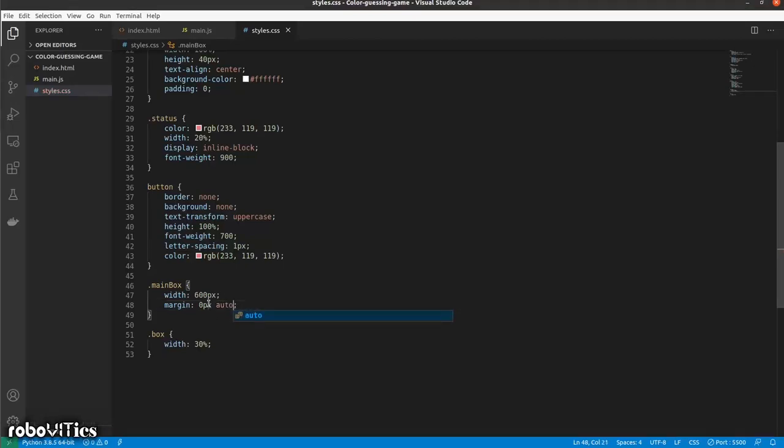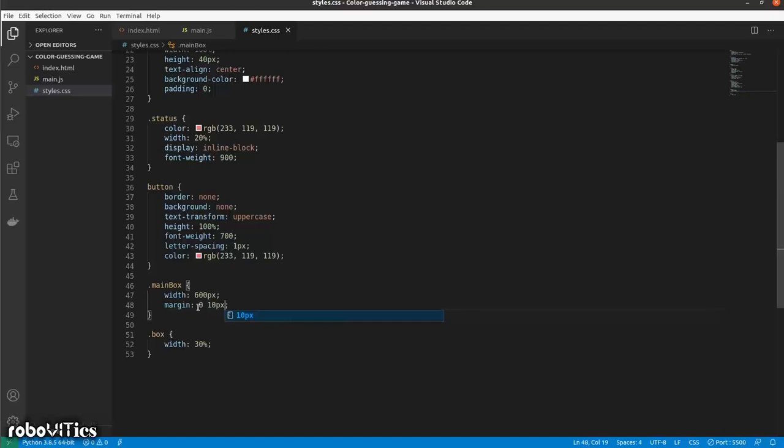Now what exactly does this mean? So previously when we used margin, we just had say margin 0, which by default meant 0 pixels, or any unit for the matter of fact. So we had 0 written over here, which meant that it has 0 margin in all 4 directions, that is top, left, right and bottom. Now if I want to just select top and bottom and left and right separately, like these two separately, top and bottom together and left and right together, I'm going to give another value over here with the unit.